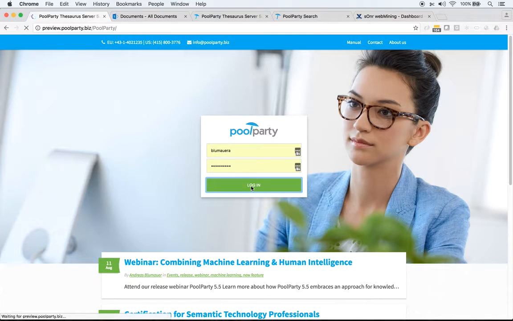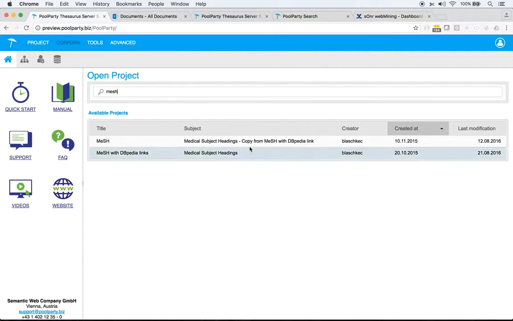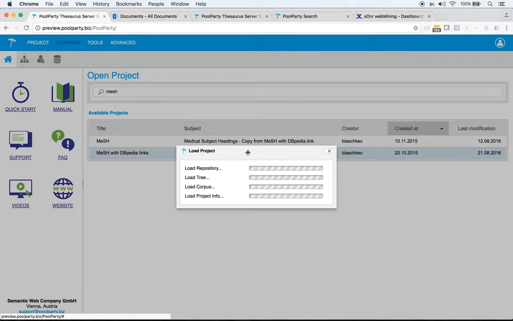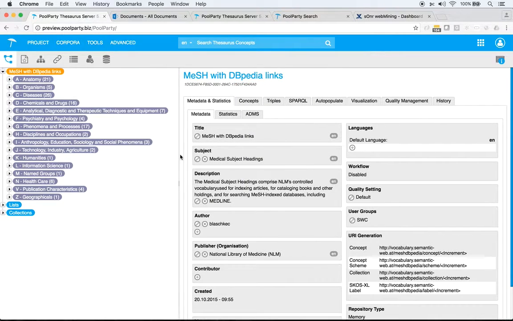So that's a backend component in which a taxonomist or knowledge graph manager would maintain the knowledge graphs. It's not meant to be used by the end users, of course. So I will, as an example, now load the Medical Subject Headings, which is a broadly used taxonomy in medical organizations. It's linked to DBpedia in that case, so it's a network of graphs actually, which you can use here